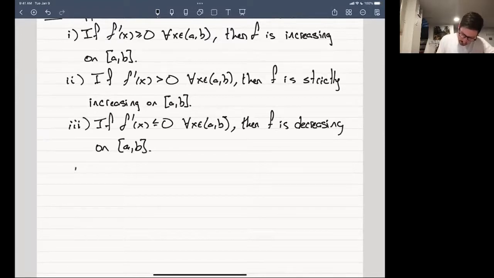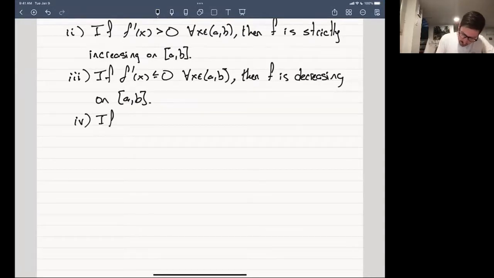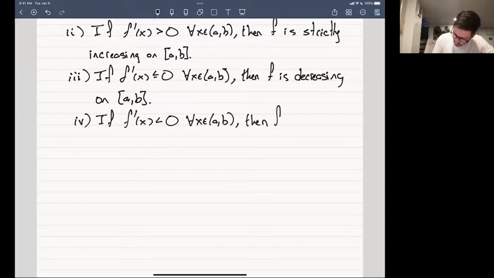And I thought about being lazy and not writing it, but that's not a good practice here. And let's actually write it. So if f prime of x is less than 0 for all x in (a, b), then f is strictly decreasing